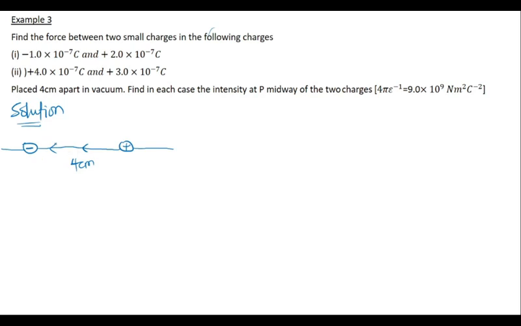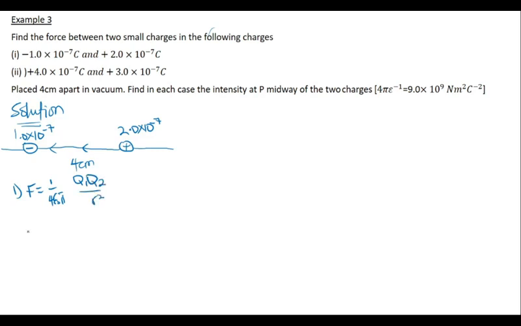Beautiful. So the first one, because we have positive and negative, it is a force of attraction between these two bodies. So the positive will be attracted towards the negative. The charge on the negative is 1.0 times 10 raised to the power minus 7, and the charge on the positive is 2.0 times 10 raised to the power minus 7. First of all, let's find the force between them. So the force F is 1 over 4 pi epsilon naught,